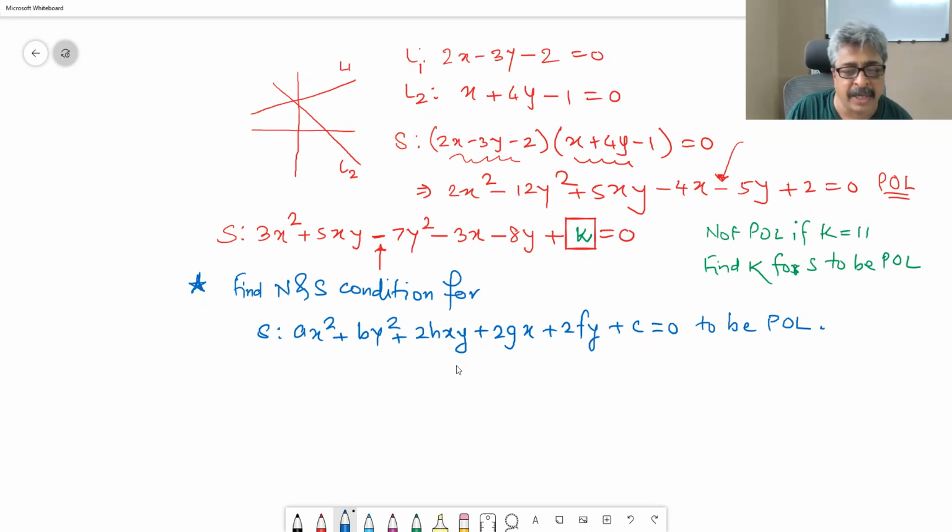I mean, if the parameters are like that, they will be POL, and if it is POL, then the parameters should follow the rule, if and only if. Let us check whether it is really if and only if or not, what are the additional conditions we require, etc. So play with coefficients now and get me the condition.